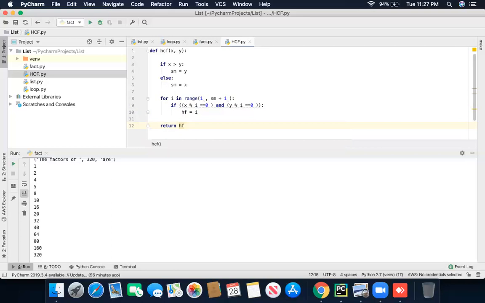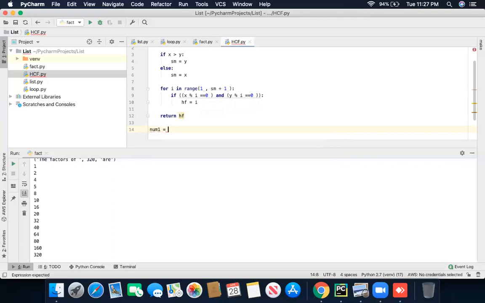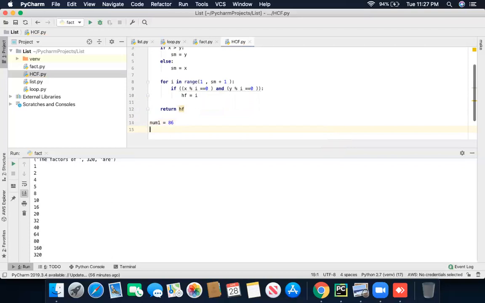Now I'm going to use two numbers over here: num1 equals 86 and num2 equals 94.